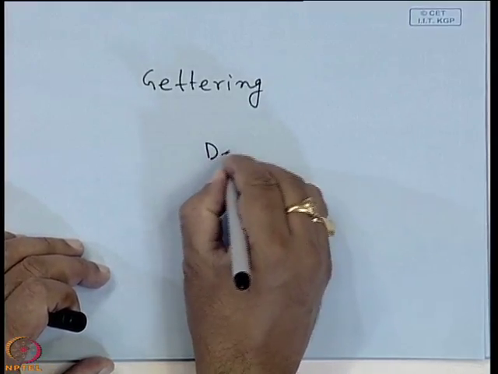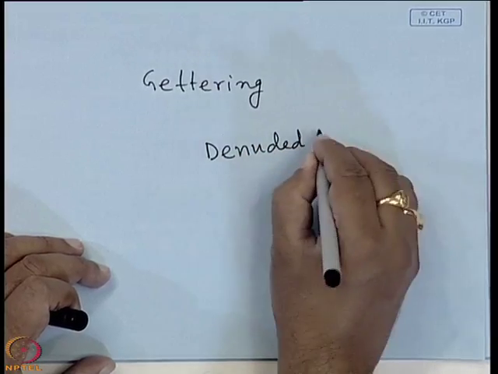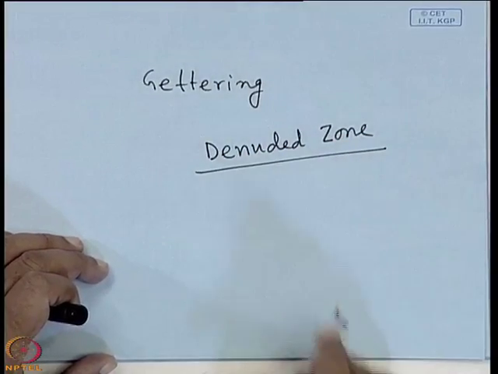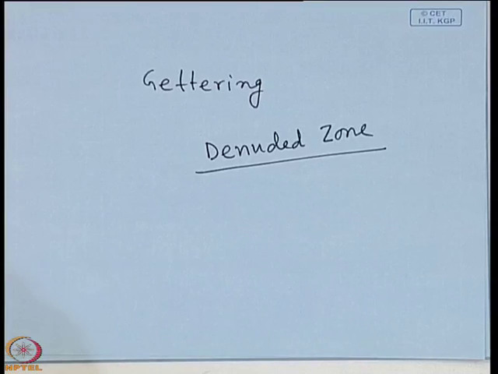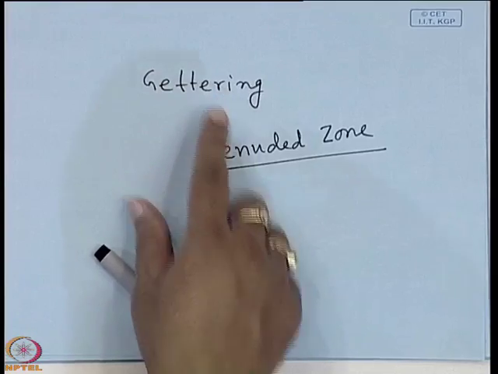So, basically the devices are made in the denuded zone. The denuded zone means the zone on which the device is made. Okay? And this is a very important zone for us, and you see that this gettering is done away from the denuded